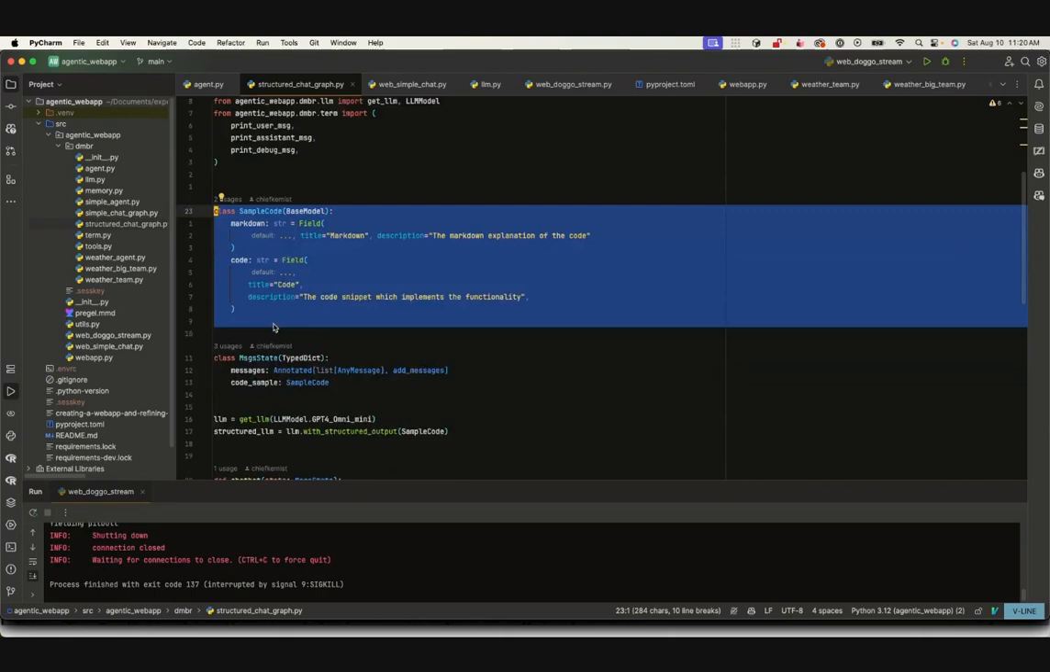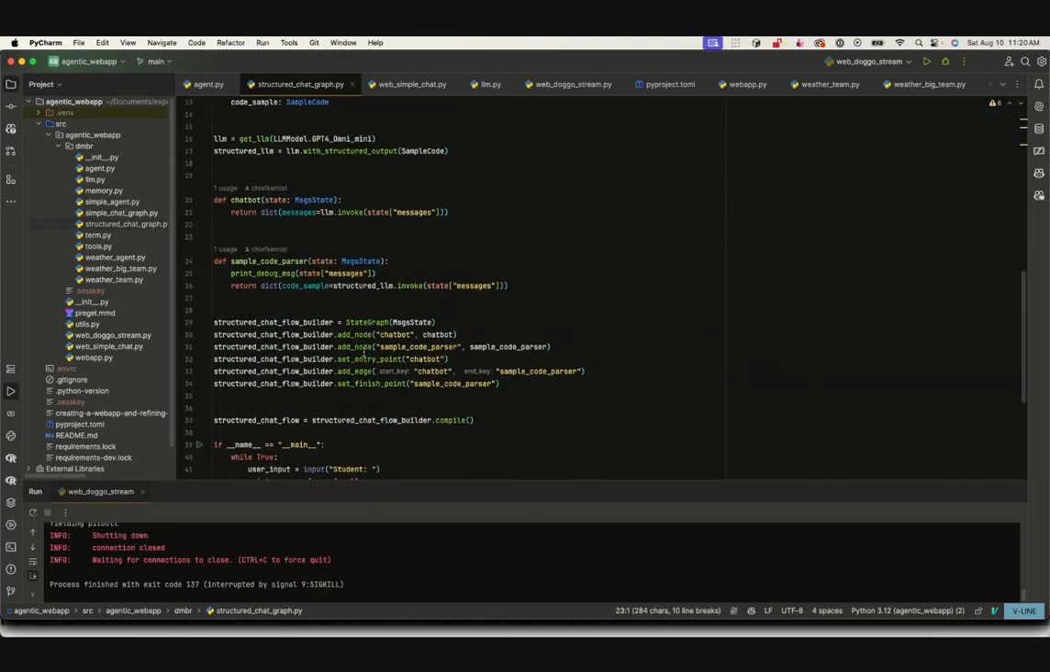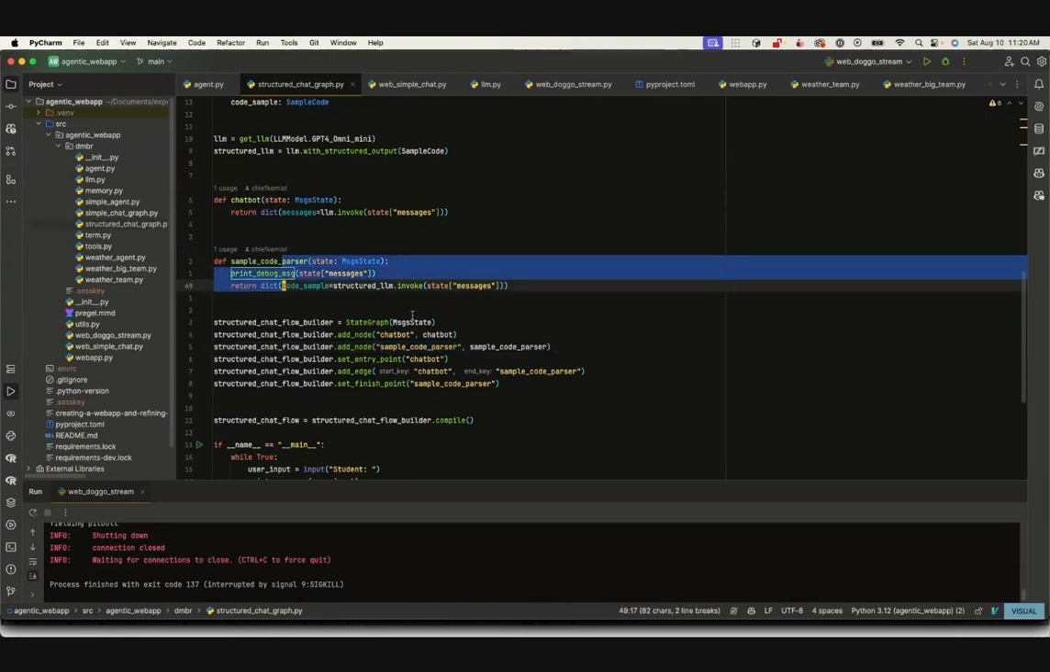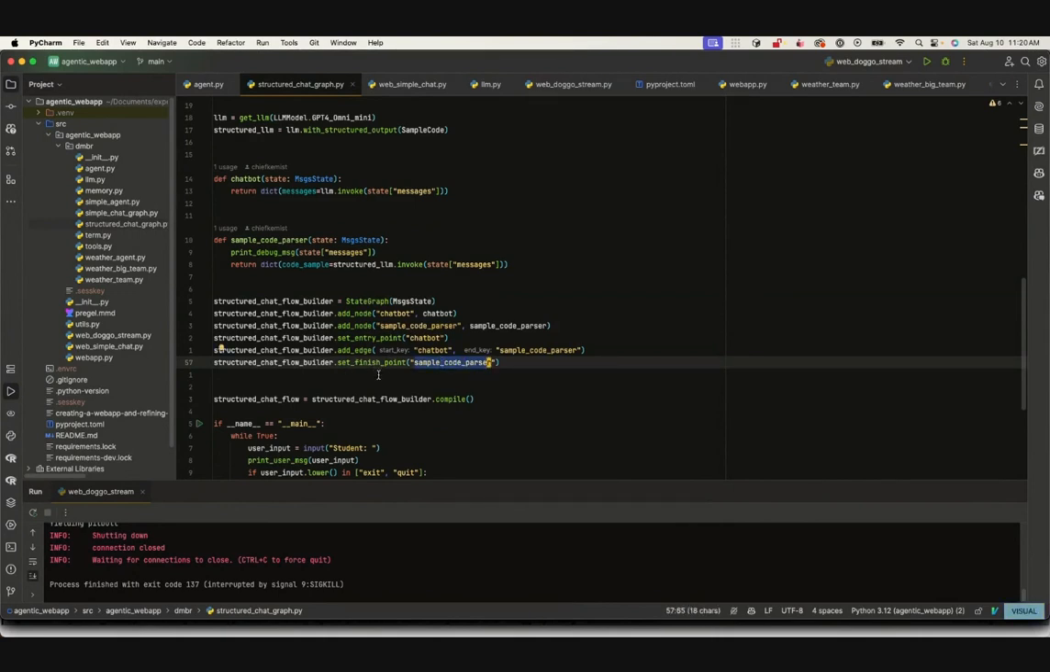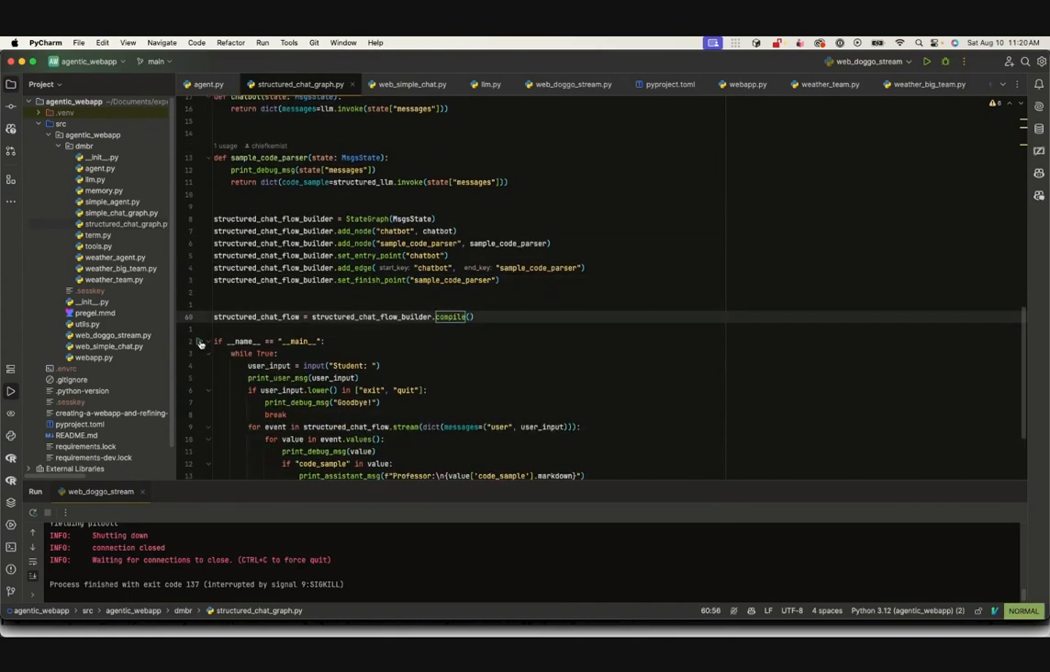Okay. So if we run this, and then I define my graph over here. So again, I have the state graph in which I pass the message state. I add the chatbot node, and then the code parser, which is this one. And then I connect them, making sure to start with the chatbot, then finishing with the simple code parser. And then when I compile this and run,